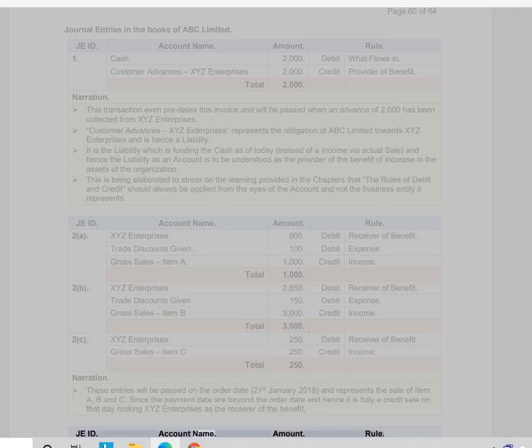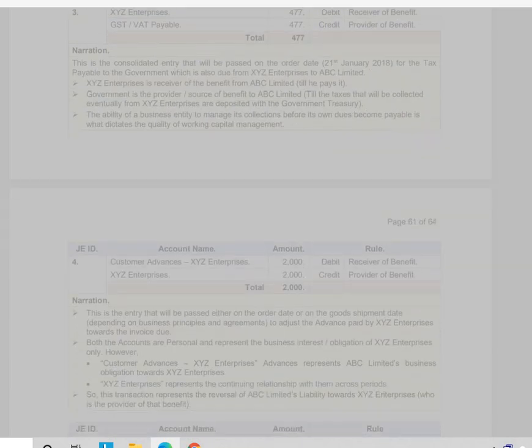JEID, account name, amount, rule. 3. XYZ Enterprises, 477, debit, receiver of benefit. GST/VAT payable, 477, credit, provider of benefit. Total 477. Narration: This is the consolidated entry that will be passed on the order date, January 21st, 2018, for